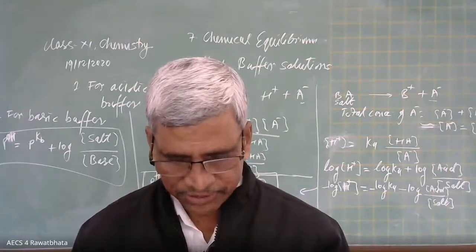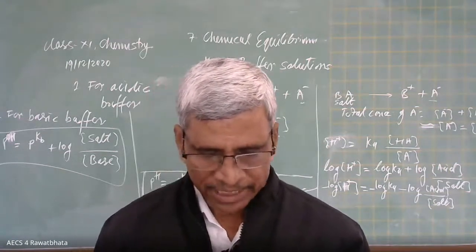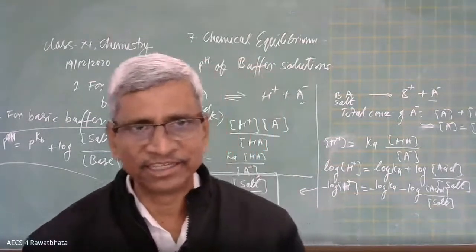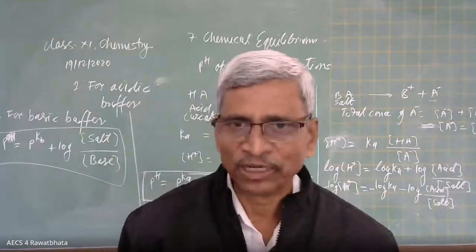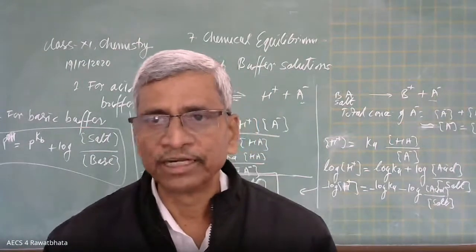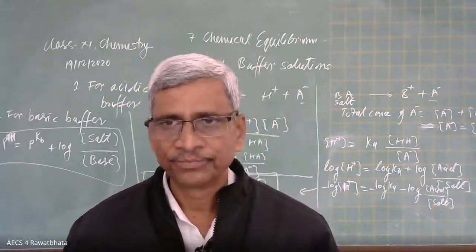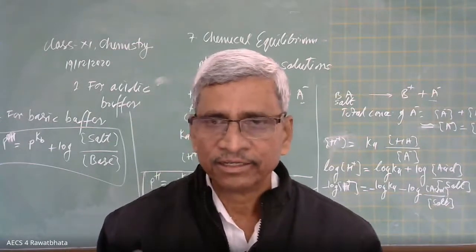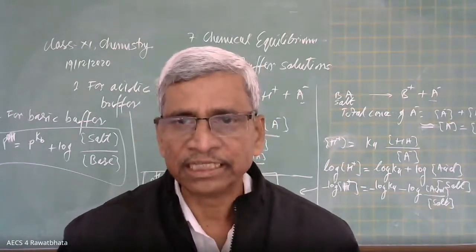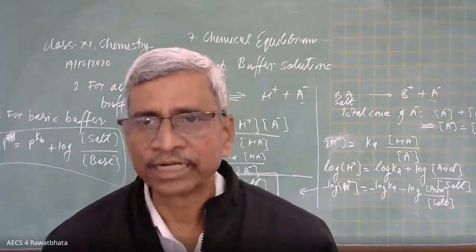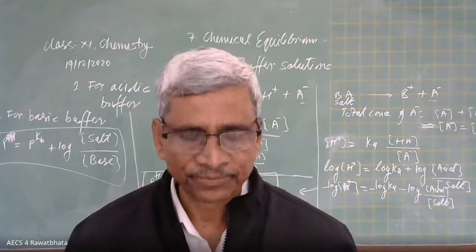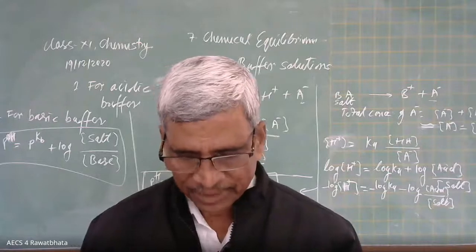So here the question: what is meant by reversible and irreversible reaction? You need not write much, it takes only 1 minute. A reversible reaction is that which shifts in both forward and backward direction. And an irreversible reaction is that which shifts in one direction only, in the product side only, the forward direction only. Give an example of each.